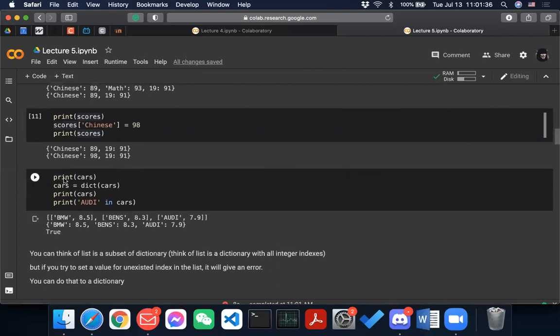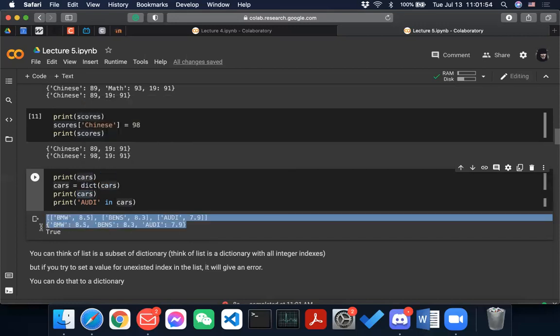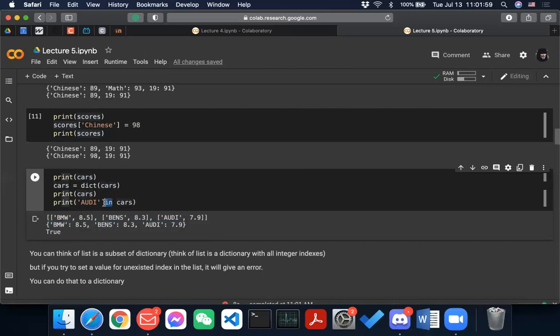Yeah, so print cars, right? Cars right now is just a list of lists with information like the price, and you can make it into a dictionary. This is right now a dictionary, and you can use the in operator here as well.